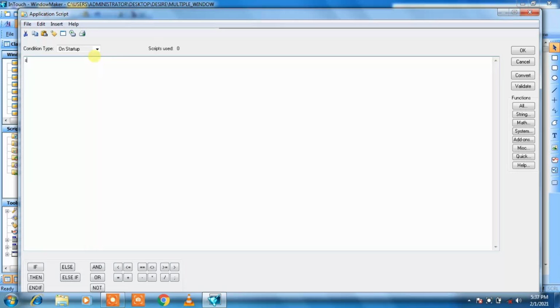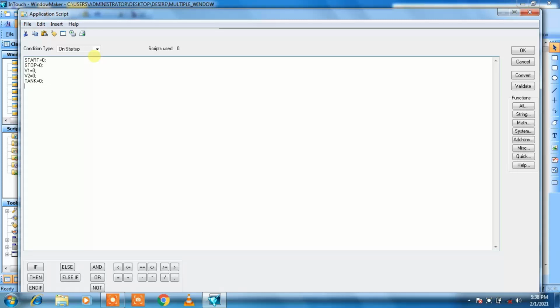Initially our start button will be off, our stop button will be off, wall 1 will be off, wall 2 will be off, and the tank has 0 water.